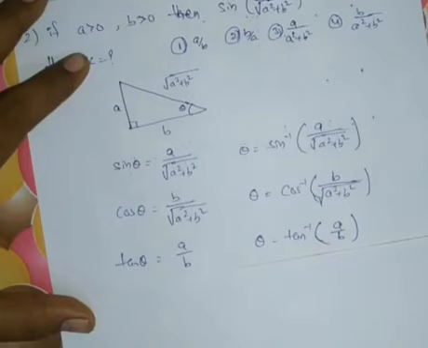By looking at this, we can say that the left side is theta only. In terms of sin, that equals a by under root a square plus b square. In terms of cos, it means cos inverse of b by under root a square plus b square. So the left side terms are equal, so we will consider the right side terms also equal.